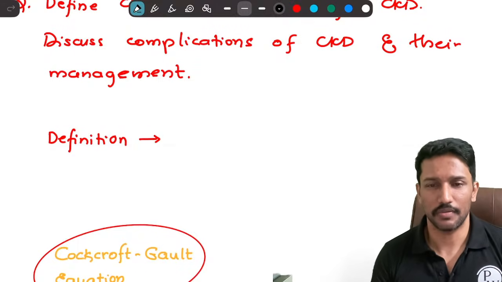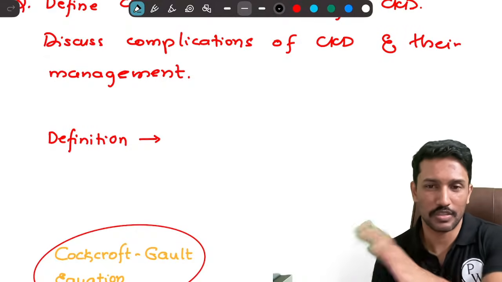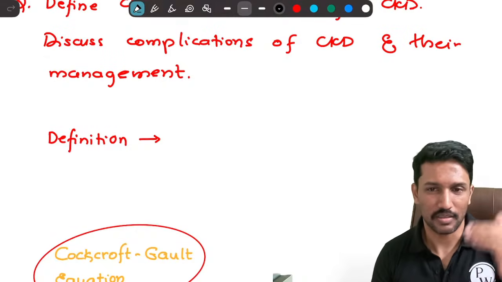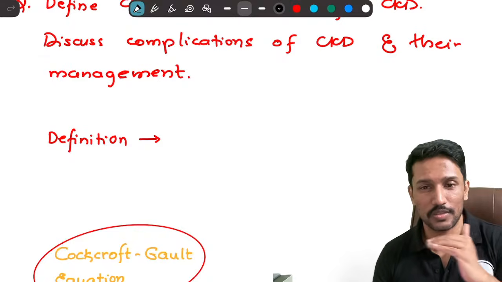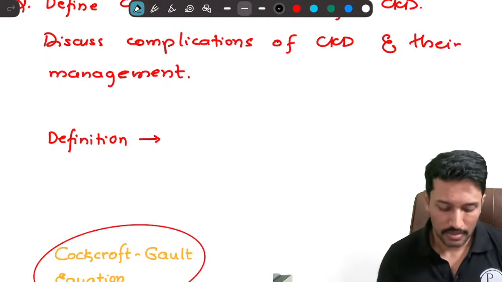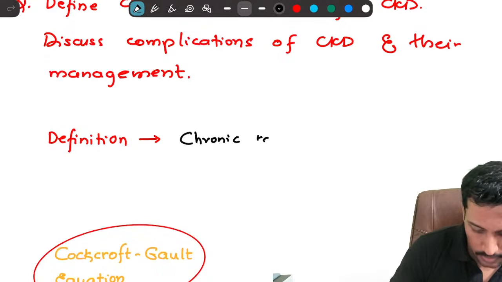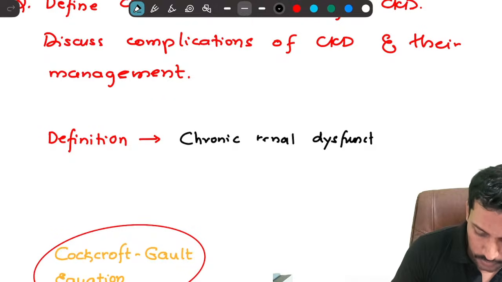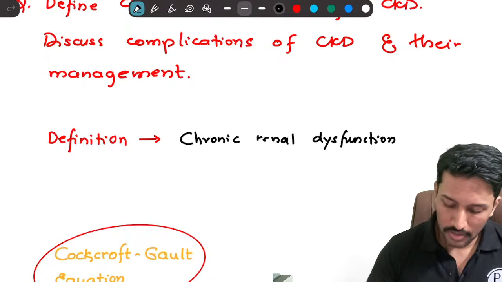For AKI, we learned the technical definition, right? Urine output less than 0.5 ml per kg per hour for 6 hours or higher, or creatinine jumping 0.3 milligrams per deciliter within 48 hours, or 1.5 times the baseline within 7 days. How do I define CKD? CKD is defined as chronic renal dysfunction. But what do you mean by chronic? 10 days, 21 days, 1 month, 1 year? Chronic renal dysfunction